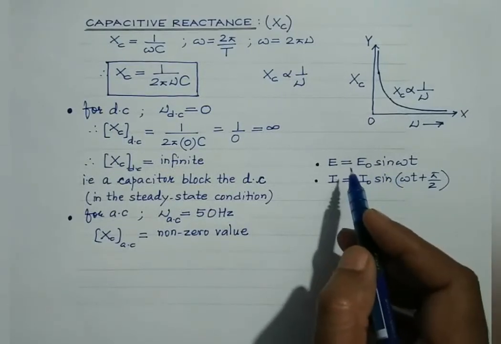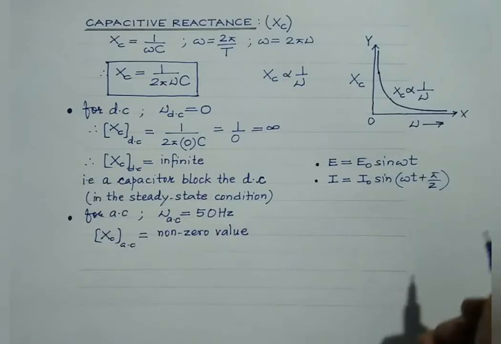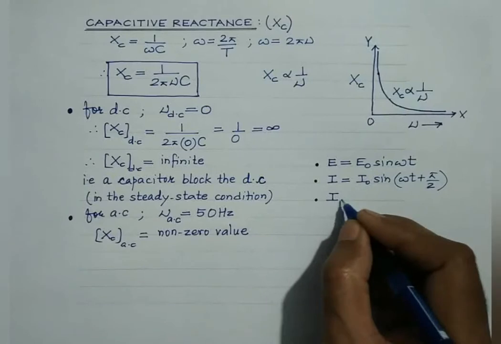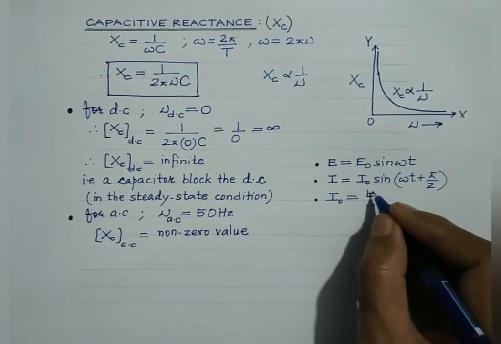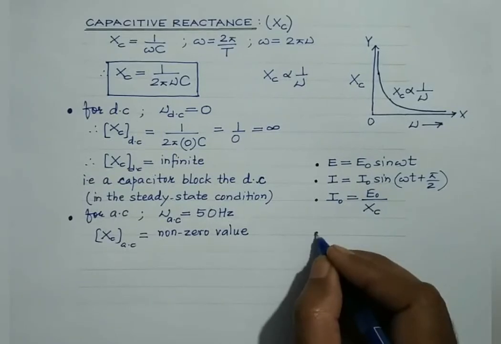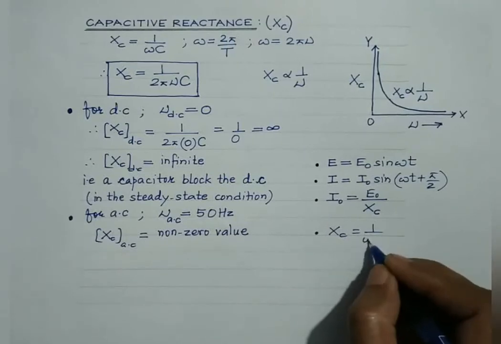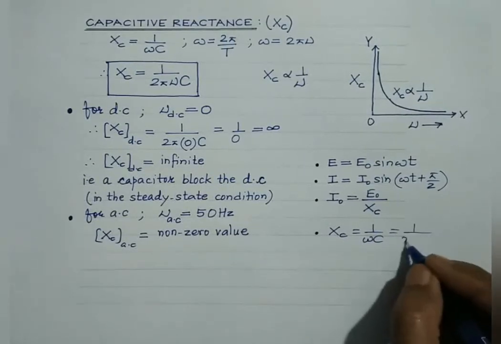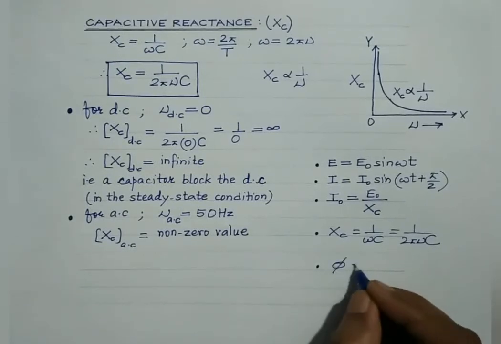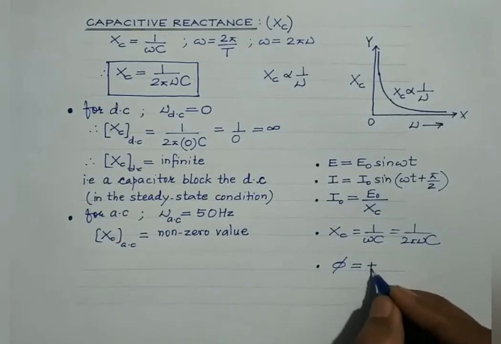We have plotted the graph showing the variation of E or I with t, as well as we have drawn the phasor diagram, right? And then I naught is the peak value of current, which is E naught divided by Xc. Xc is the capacitive reactance, which we have right now discussed. It's equal to 1 by omega C. It is equal to 1 by 2 pi nu C. And lastly, the phase angle between the instantaneous alternating EMF and the instantaneous alternating current is plus pi by 2.